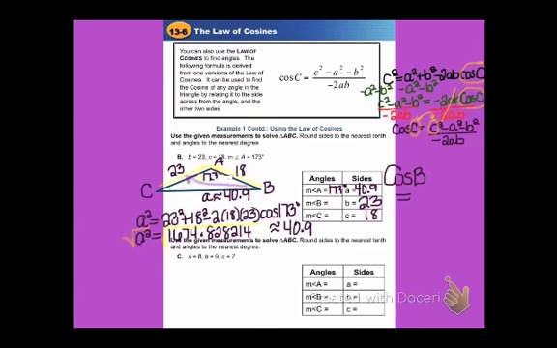So that's going to be 23. So we'll say 23 squared minus the square of the other two sides. So we have 18 squared and 40.9 squared, and you can put either one first. Then on the bottom, we have a minus 2 times, and now the two sides that are going to go in the denominator are the two sides that we subtracted from 23 squared, and that's the 18 and the 40.9,